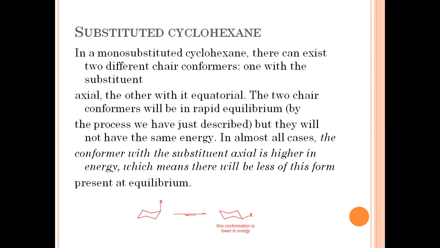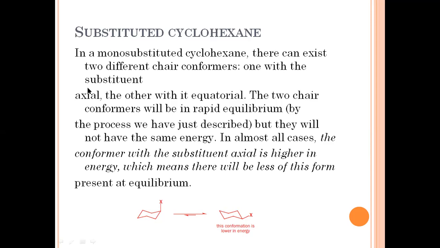Now, for the substituted cyclohexane molecule, in the case of mono-substituted cyclohexane, there is existence of two different chair conformations. Already in the case of cyclohexane molecule, we have seen that it moves through the energy barriers between the conversion of chair to half chair, then twist boat, true boat, twist boat, again half chair, and the chair conformation. So this is moving in that manner. But in the case of mono-substituted cyclohexane molecule, there is existence of only two different chair conformations.